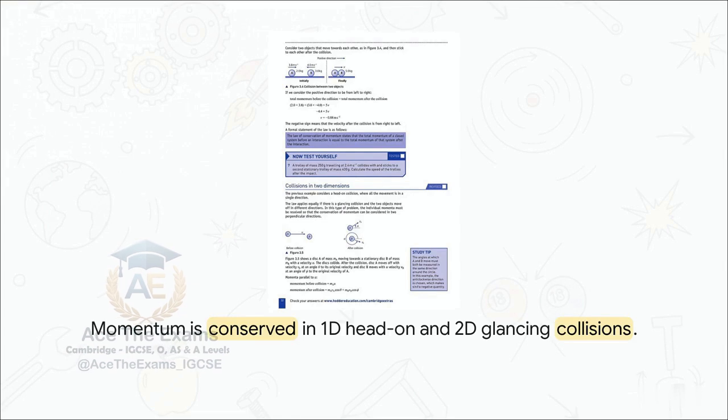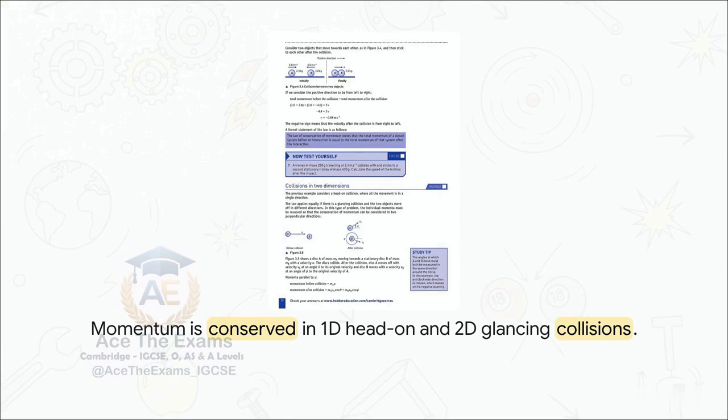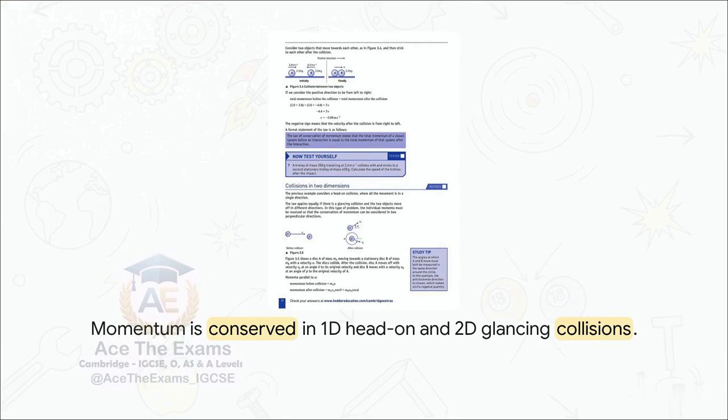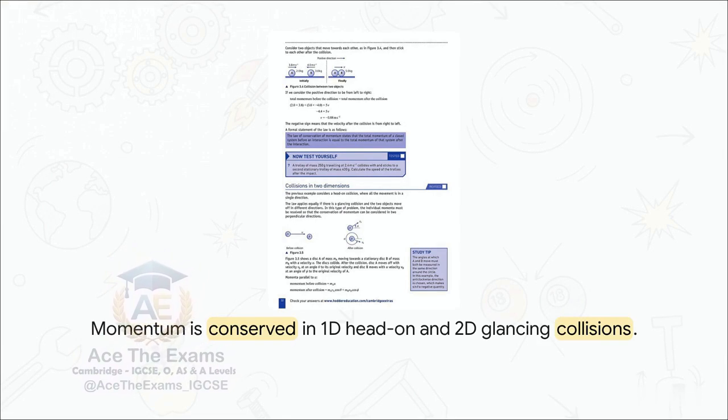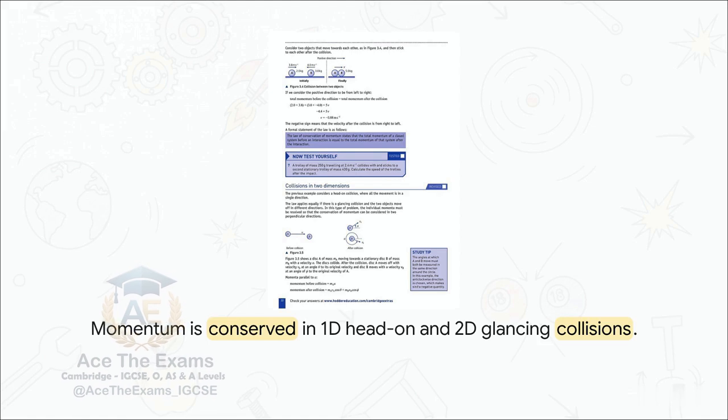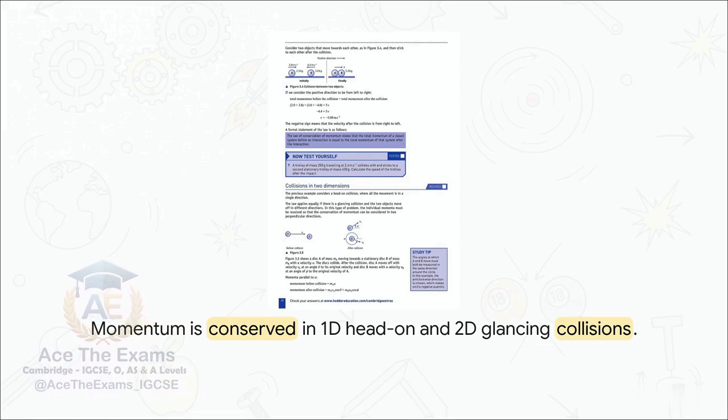It applies perfectly to a one-dimensional head-on collision. If two objects are moving toward each other, we assign one direction as positive and the other as negative, tally up the total momentum, and use that to perfectly predict their final velocity. But for you A-level 9702 students, you know it applies equally well to glancing, two-dimensional collisions, like discs sliding on